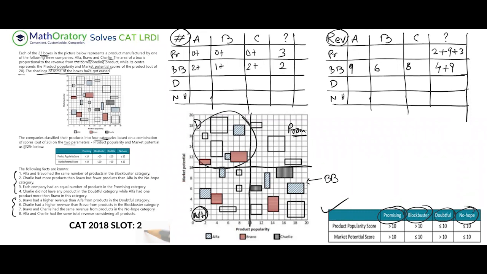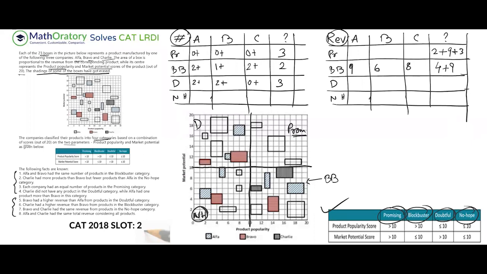So let us look at this quadrant. For the doubtful, for A, we have the blue ones, a couple of these. Again, let me leave a plus. For the Bravo, we have 2 of these. Let me leave a plus. And Charlie, we have nothing as of now, so let me put a 0 only. Let me specifically write a 0. And there are 3 missing ones, so let me just write a 3.